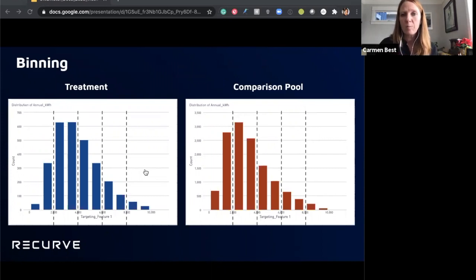In this exercise of binning, the goal is really to have a treatment and comparison group that look as similar as possible before any intervention has taken place. That's why it was so important for us to be able to do this work with MCE, because we had visibility to the entire population and we were able to look at non-participants within their population to do this testing